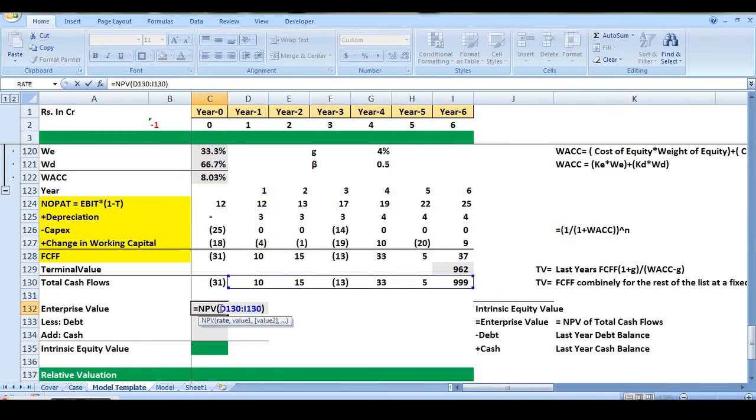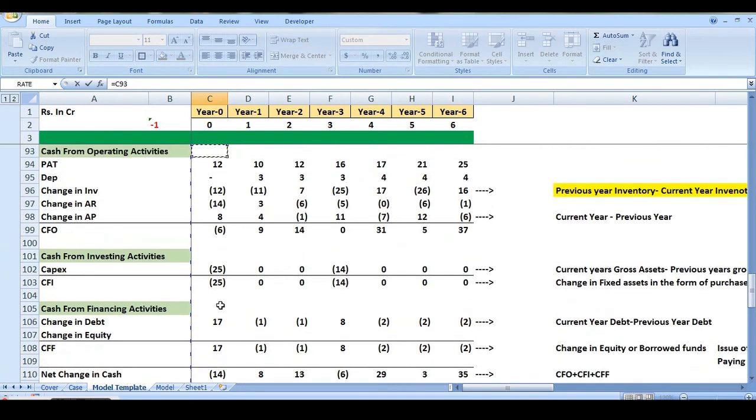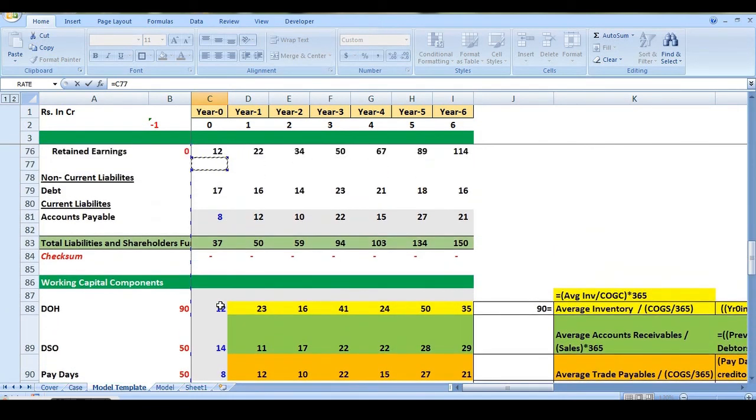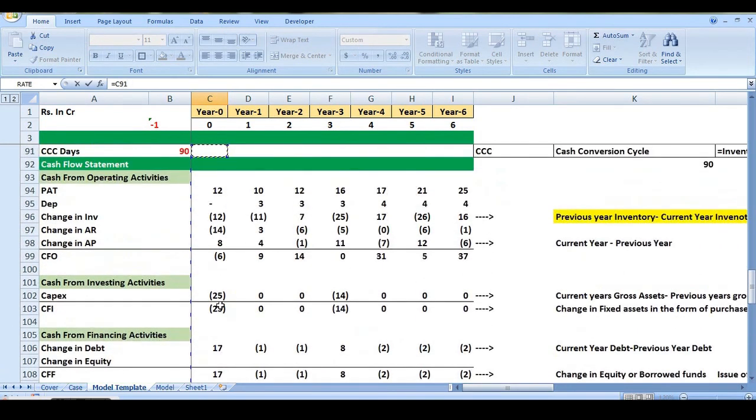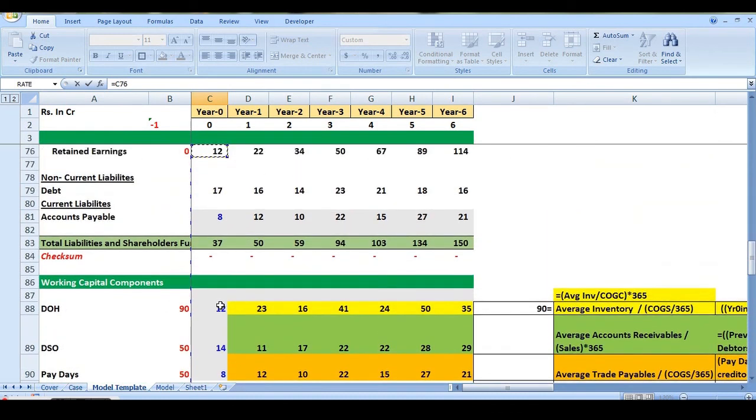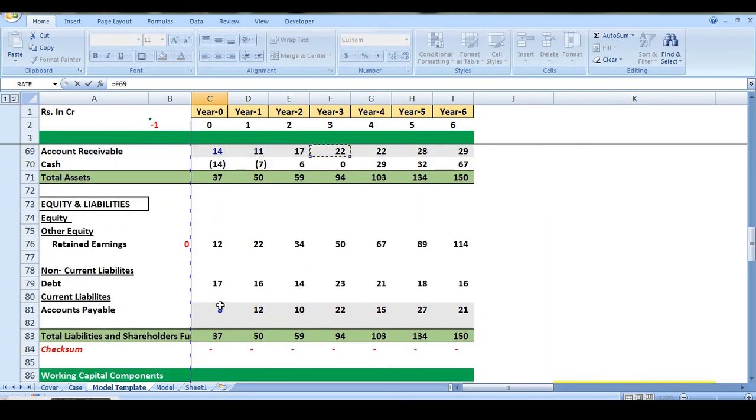We have forgot to mention the rate here. The rate is always WACC rate that you have to consider, and then rest all the values you have to select from year 1 only, not from year 0, and it gives you the enterprise value. You have to deduct debt from it, so we will link the debt value from the balance sheet, not from the cash flow, remember it, and it will only be the last year's value, and then will be cash value. The cash value will be again from the balance sheet and not from the cash flow as the last year's value,